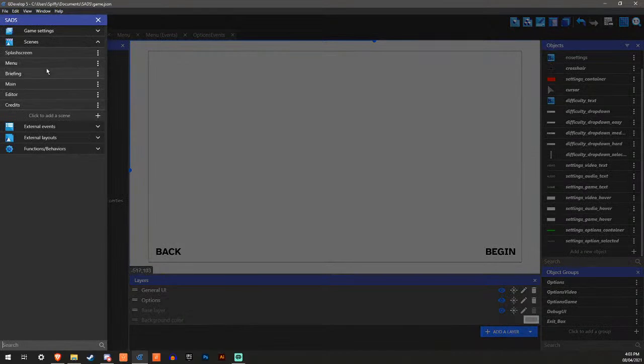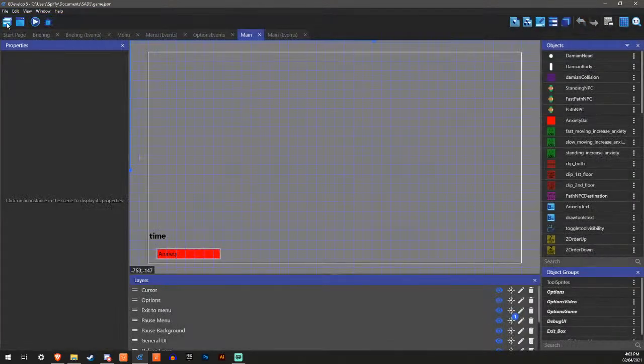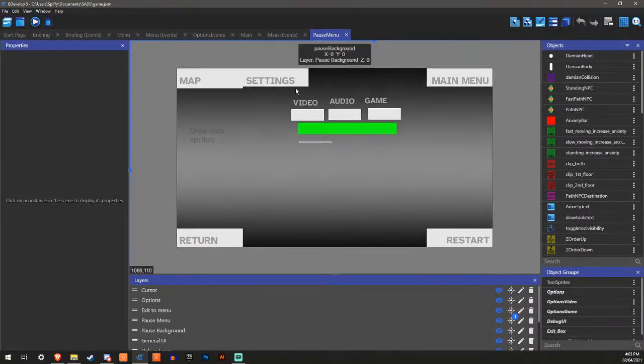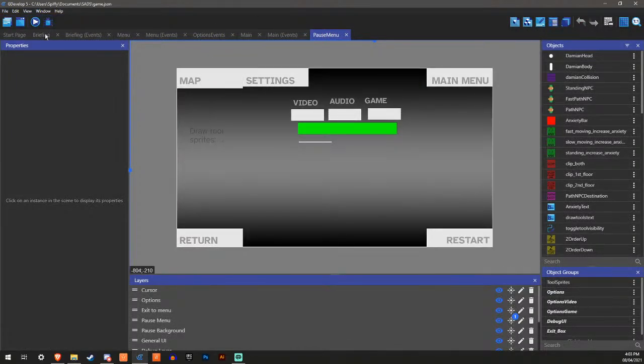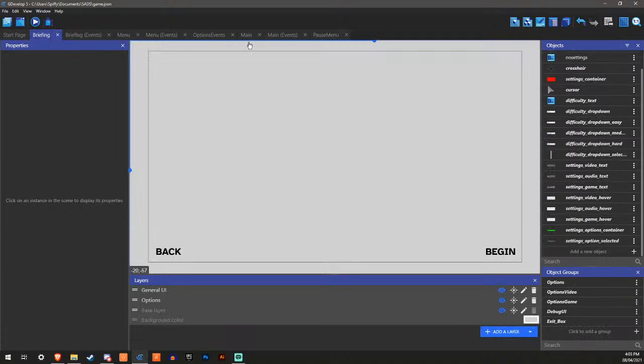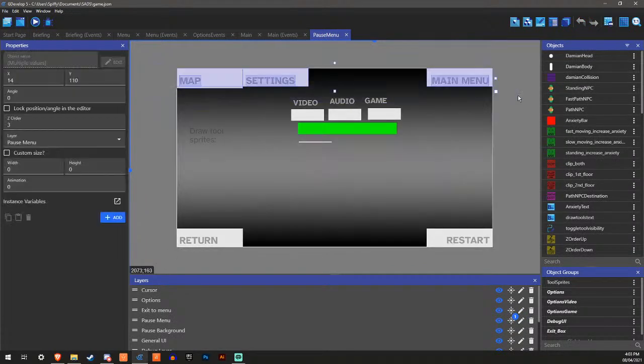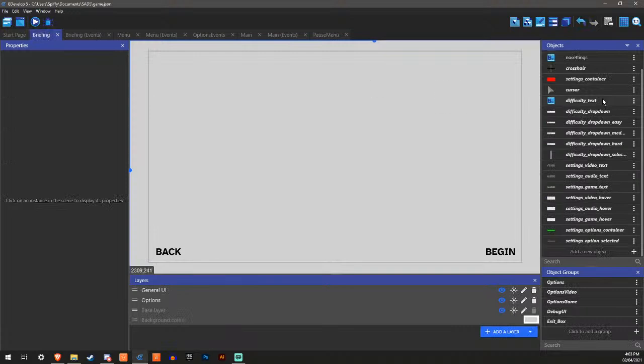Okay, I can probably just take the pause menu and put it in here. Except I'm going to need the scores tab here, so that should be fine. Okay, this is its own thing.